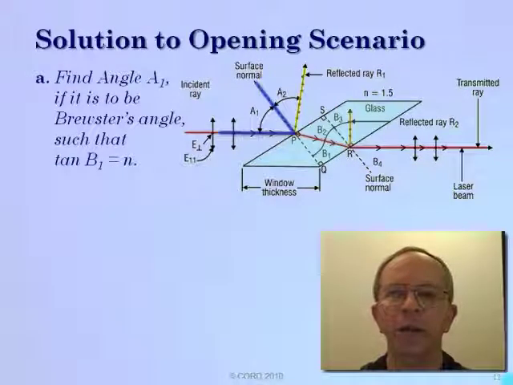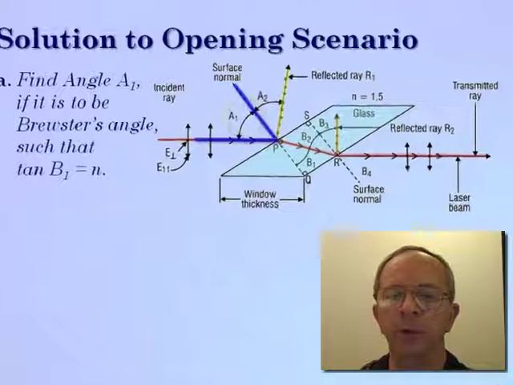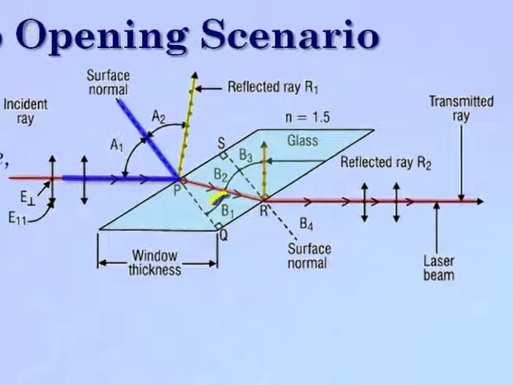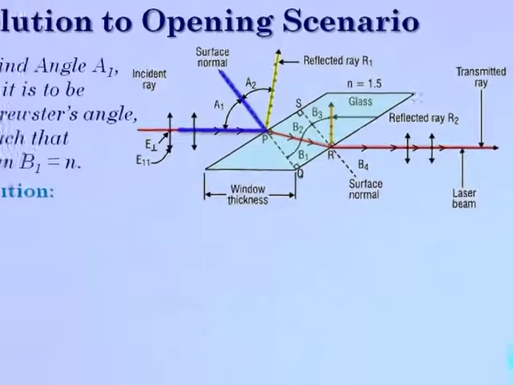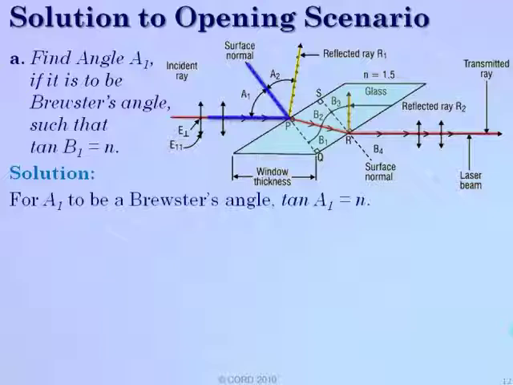Now we're ready, I think, just with all that, to look at our opening scenario. We're asked to find the angle A1 if it's going to be a Brewster's angle, such that the tangent of B1 equals n, the index of refraction in our glass. So we've got n equal to 1.5 in our glass. We've got angle A1 coming in here. It's going to reflect and refract. For angle A1 to be a Brewster's angle, then the tangent of A1 is going to have to equal n,